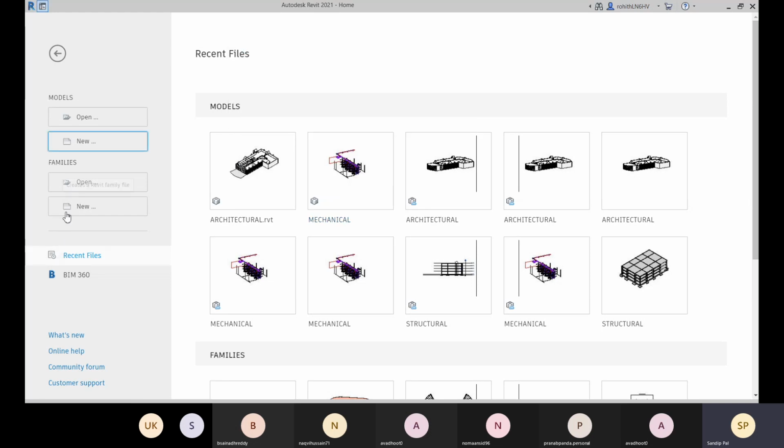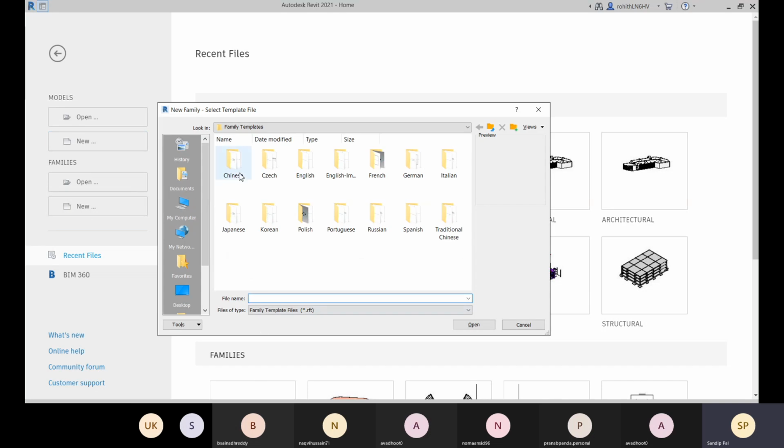And here, if I show you, this family new option is there, and here also you have template files. These template files are for family files, to create family files.